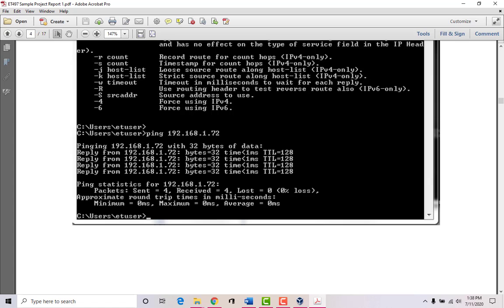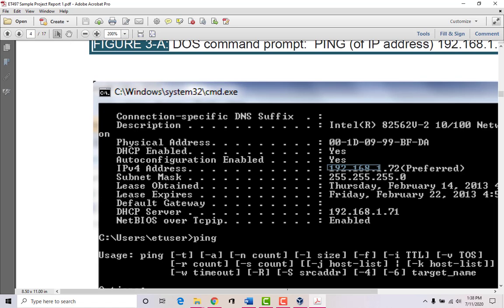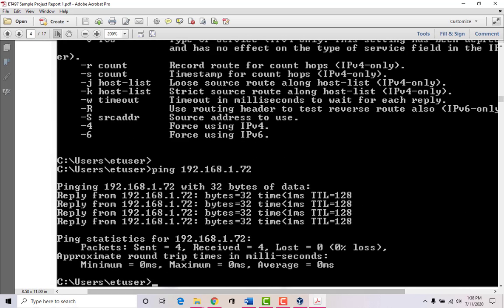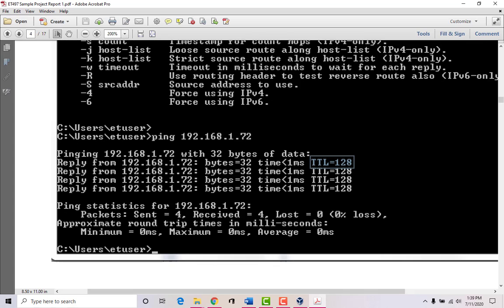So like this one, for example, we're using, let's make this a little bigger. So over here we type in ping and we type in the IP address, and then it returned this particular information. It says reply from this server, and it tells you the TTL, which is the time to live, was 128 milliseconds. So this was a pretty fast response from the server. We had 0 loss of packets. So when you type ping, it sends out a small file basically over the network to this server, and it says, hey, did you receive this?